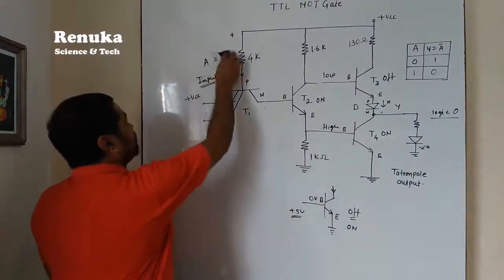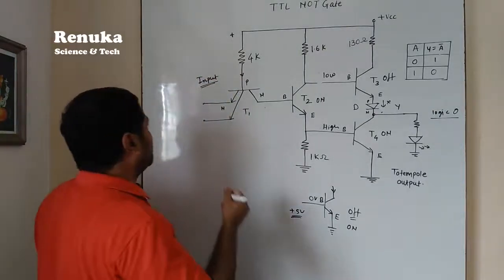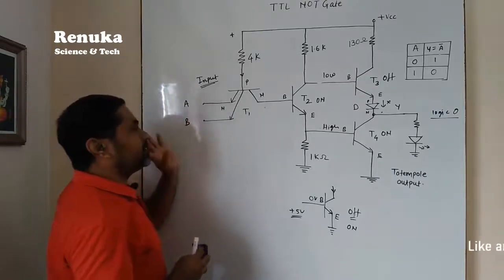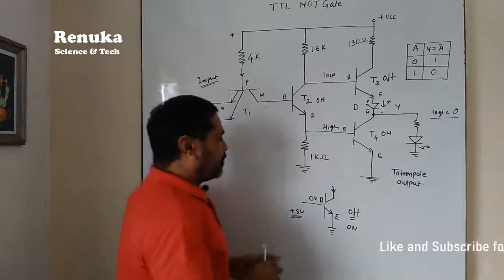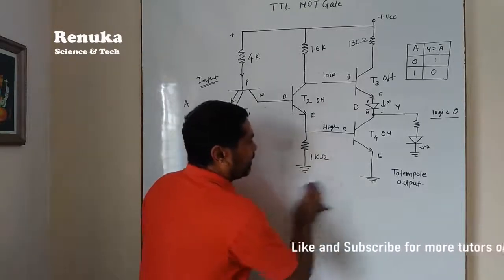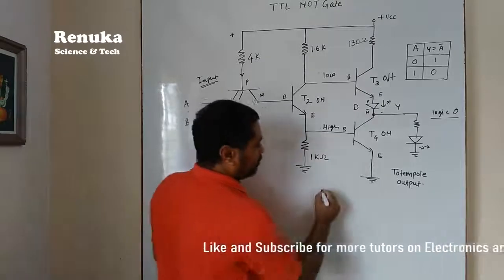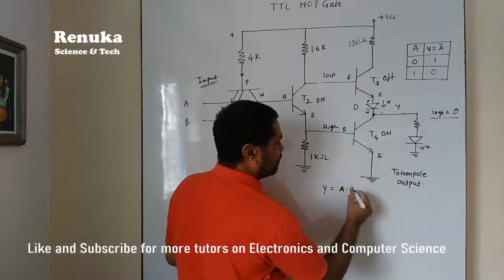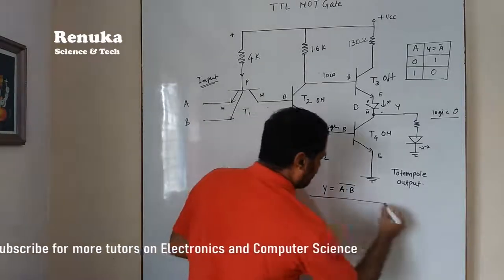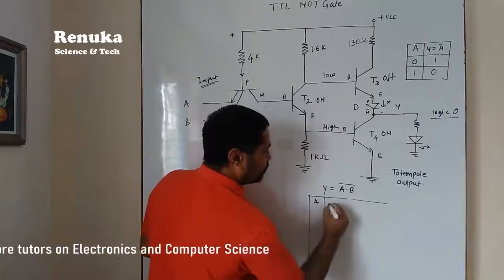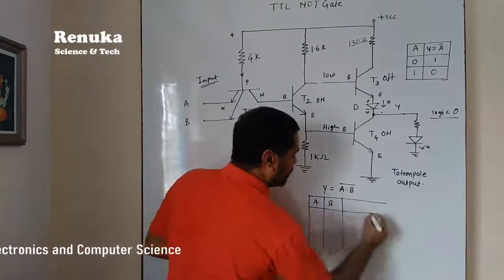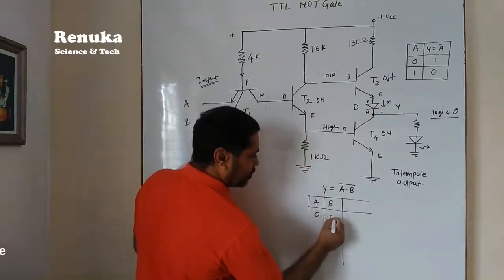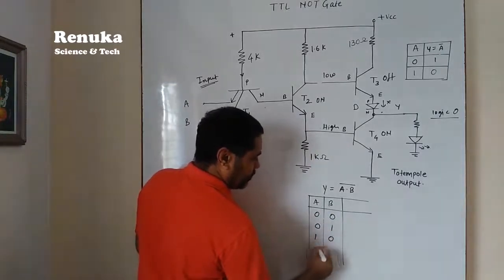So the inputs to NAND gates are 2, and these are indicated by letters A and B. A is the one input and B is the other input. Now let us check whether this will work as a NAND gate or not. As we know, the output of NAND gate is given by a Boolean equation, that is A dot B whole complement. We can draw the truth table here. As it has 2 inputs, there will be 4 possible combinations. Inputs can be 0 0, 0 1, 1 0 or 1 1.